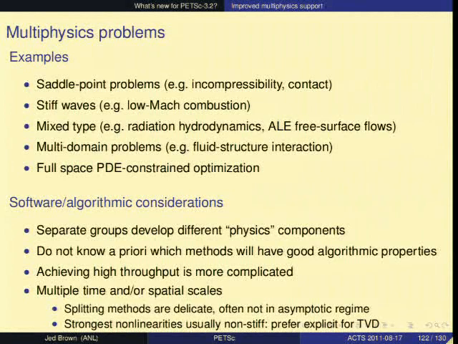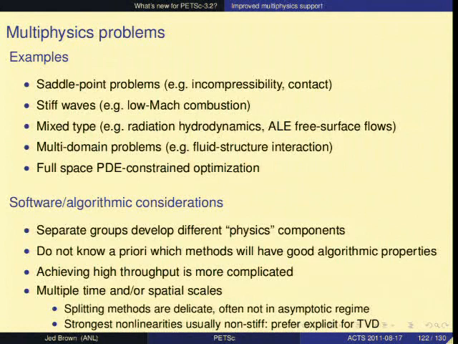So for multiphysics problems, we want a maintainable way to package up code. There are some examples here. Often these have stiff waves, such as plasma physics or combustion. Often there are saddle point problems.